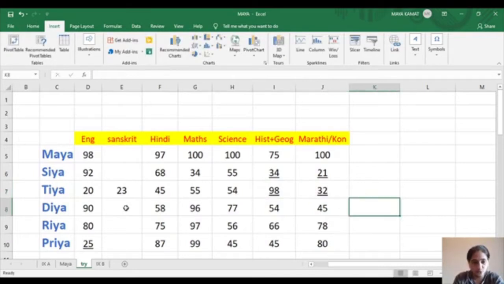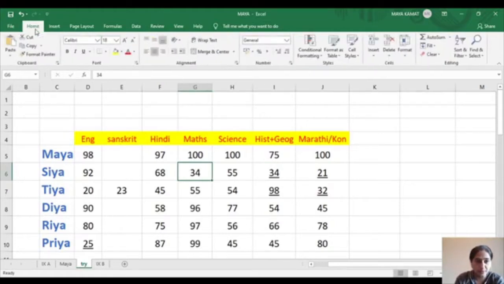What if I want to represent the failing students? If you have noticed, some of the cells are already showing it, right? How to do that? Those who are getting marks below 35 should be depicted as failures in the class. So what I can do is go to that cell, come to the home menu. Can you all see the underline here? U. The option is U.